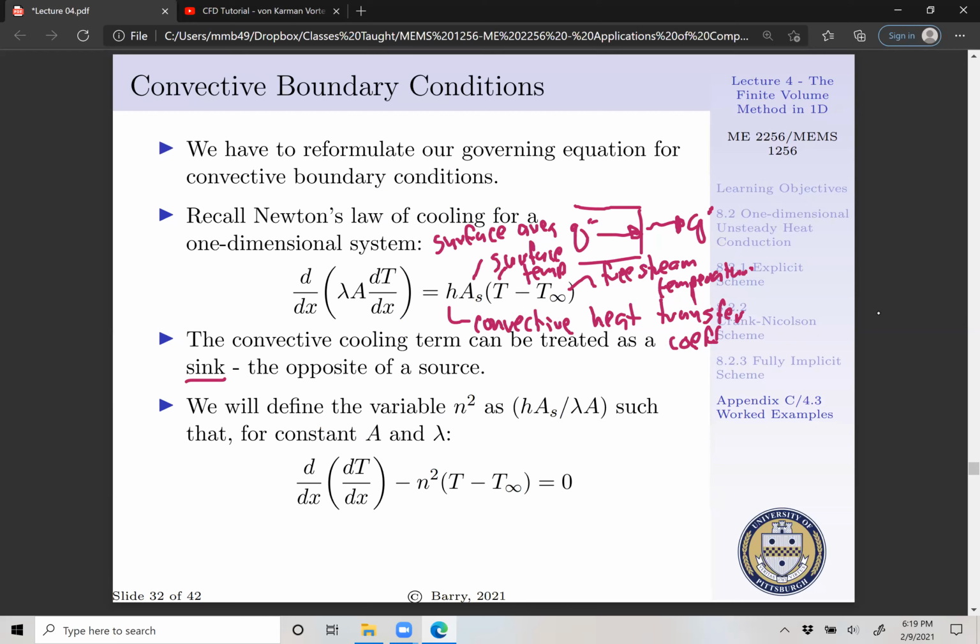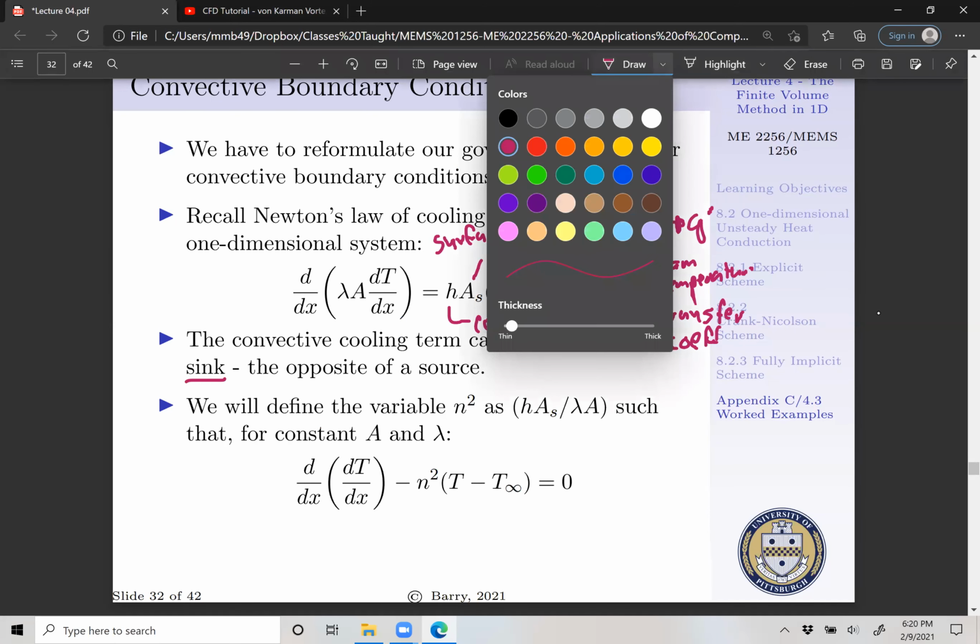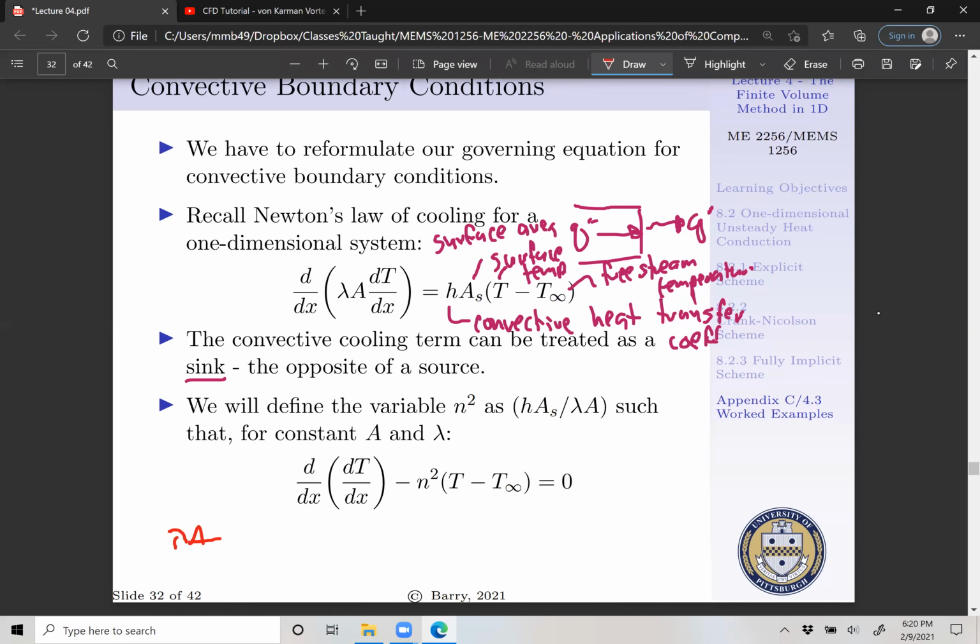Now, this is great if we are trying to model more of a physical system where we don't just have cooling via convection on one boundary of our domain. Maybe it's happening universally across our domain. And now we just model it as a sink, which becomes really, really easy. So what we're going to do is define the following. If we assume lambda and A are constants, we have lambda A d by dx of dT dx equal to hAS